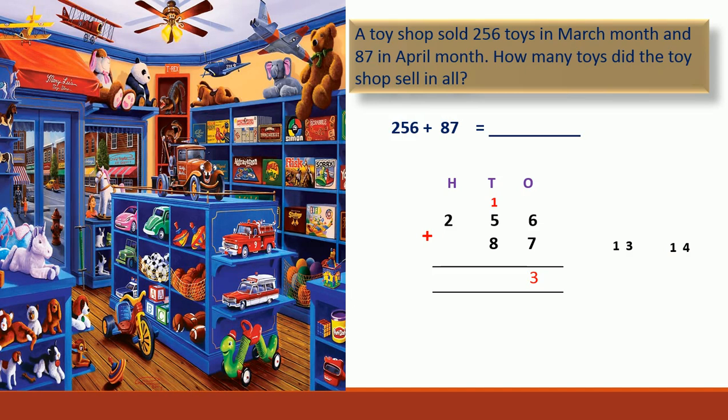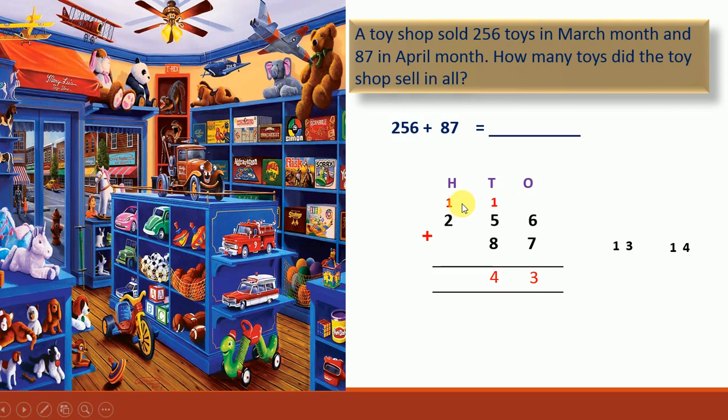So here again we cannot write the 14 down. From the 14, how many ones are there? That we will write below the tens. And then we are having the 1 in the tens place. This 1 we need to carry over to the hundreds place. So when we are getting more than 9 tens, we have to carry over to the hundreds place.